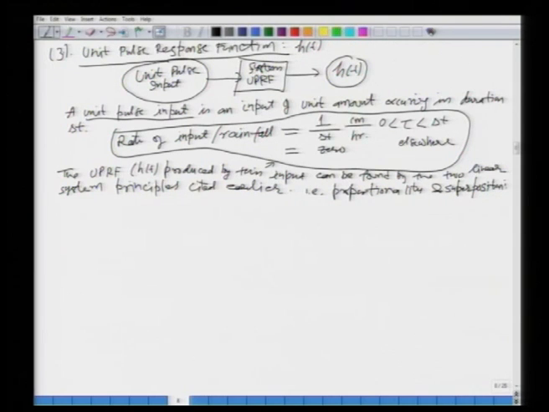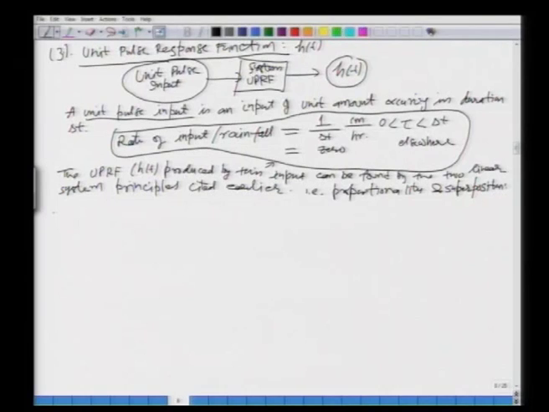Okay. All right. So, what I am going to do is give you a step by step procedure for that first, and then we will see graphically how we can deduce this h, or the unit pulse response function. All right. So, the first step is